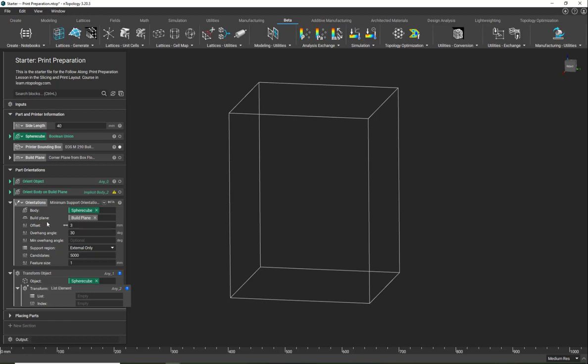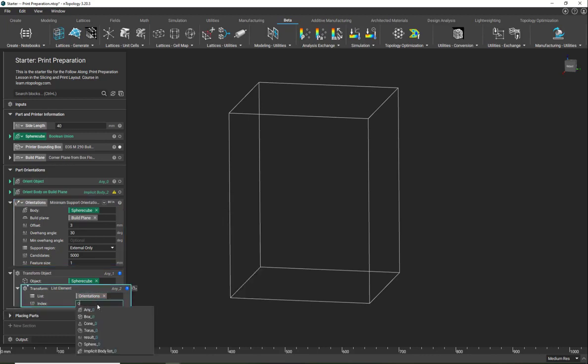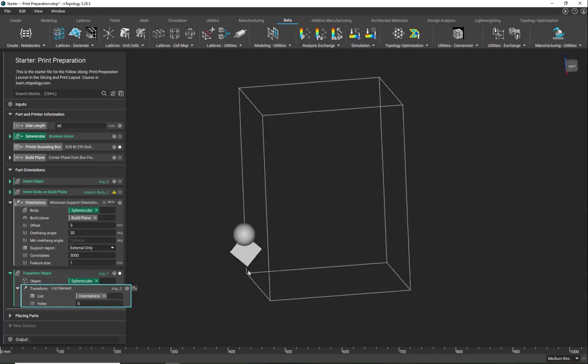But I'll use this list element to take in my orientations, and we can control which one we're going to use. So our lists always start at 0, so we're going to go to 0,